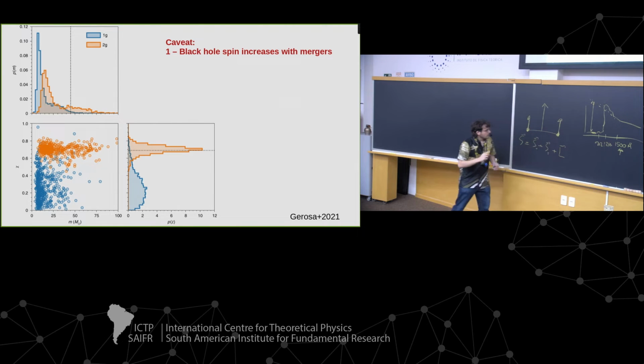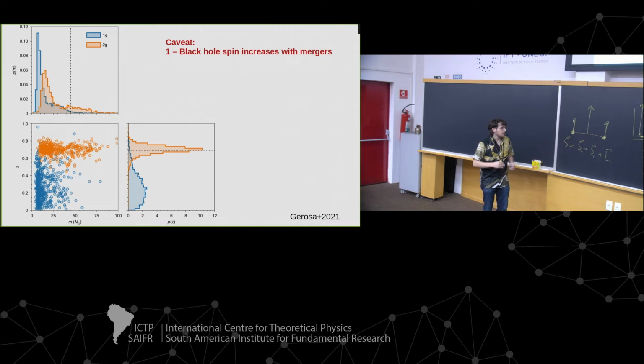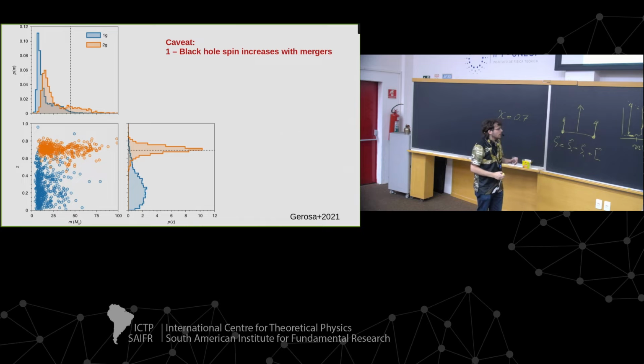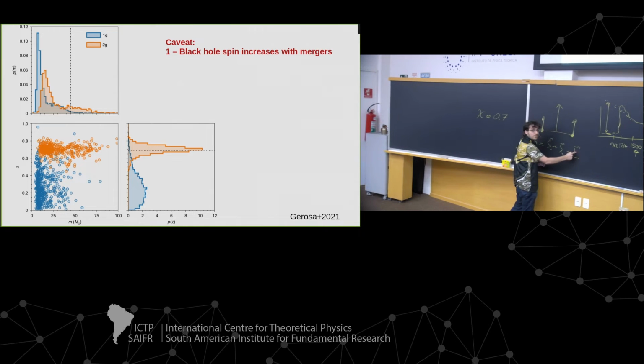And the idea is that even if you start with non-spinning black holes, what you have at the end, let's say from an equal mass merger between two black holes that are non-spinning, is that the final spin of the black hole is going to be very close to 0.7. But this is also statistically true for spinning black holes, simply for the reason that, if your spins are aligned with the orbit, then the inspiral can go much farther in. So the binary will plunge when it's much, much closer. So eventually, the angular momentum is less.